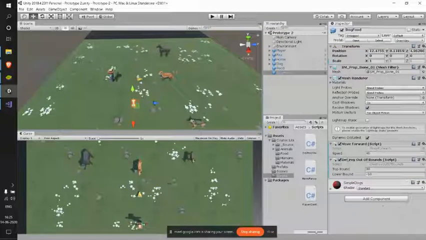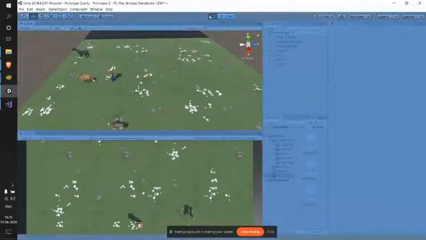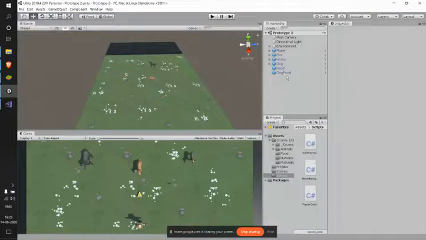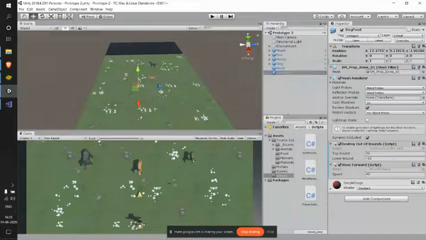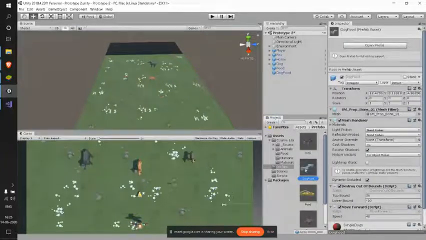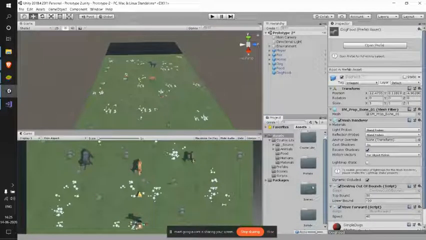Let me check now how it's behaving. So we have this dog food also the way it's wanted. Let me now create a prefab of that dog food. I'm creating an original prefab. See, I have successfully created my dog food. And to be able to instantiate it whenever some key is pressed, I need to edit my player controller, right?